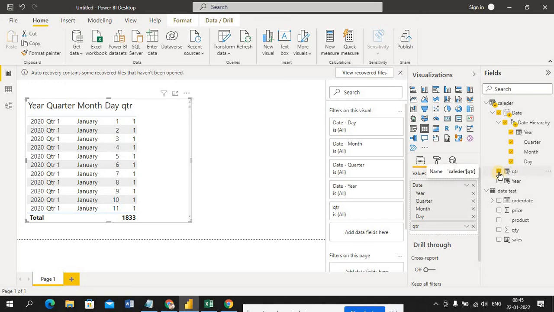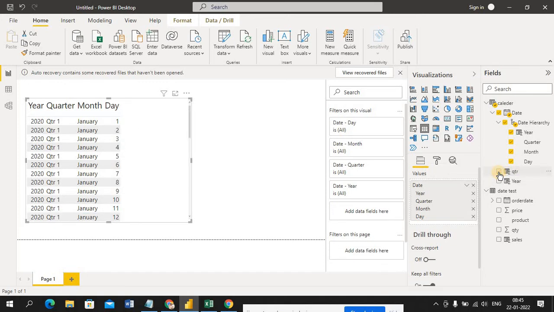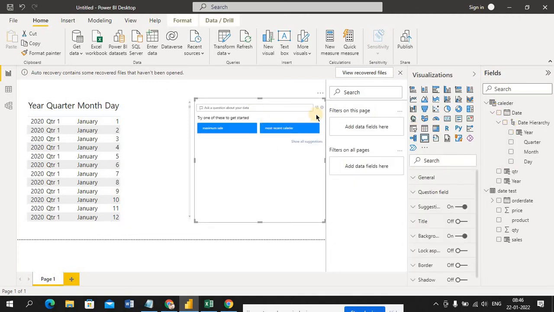I don't want this quarter also. Now I want a filter. Okay, I need one filter. The filter symbol you can see here is the slicer. In an empty space, if you double click, this option will come.